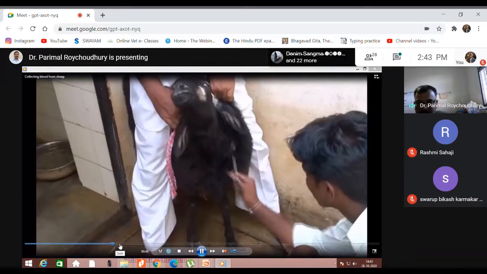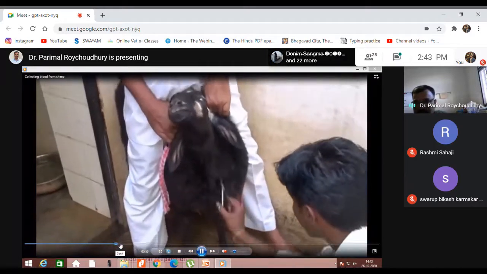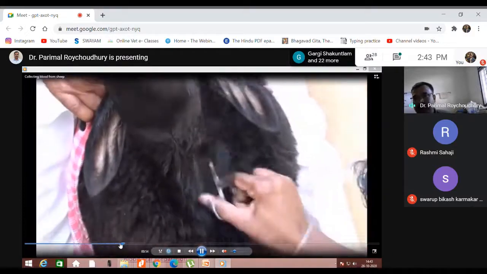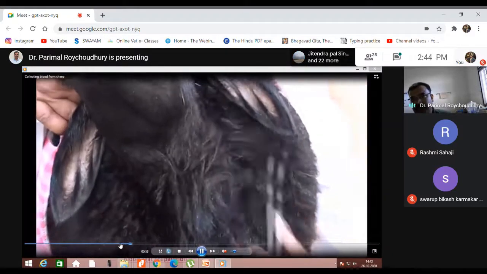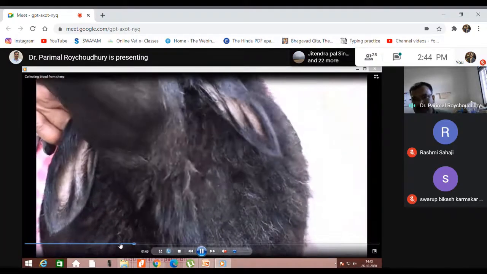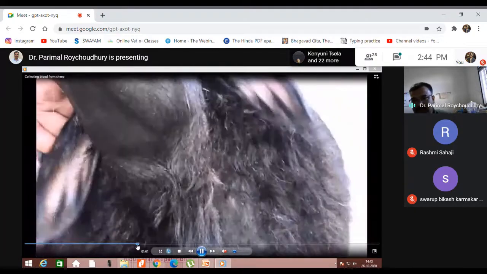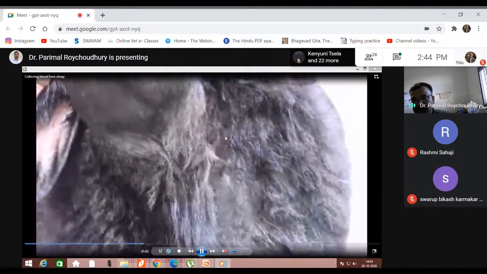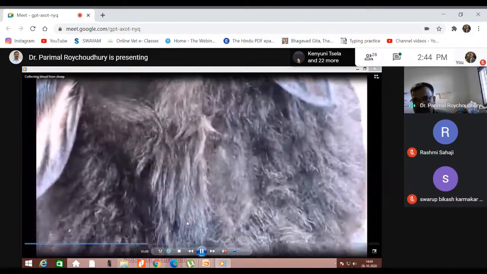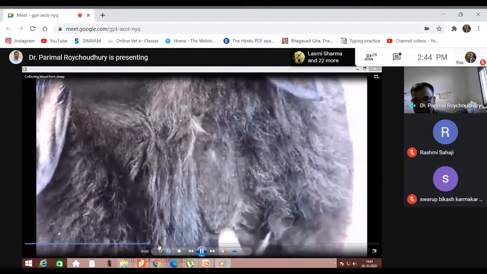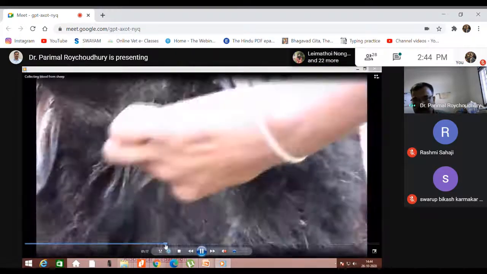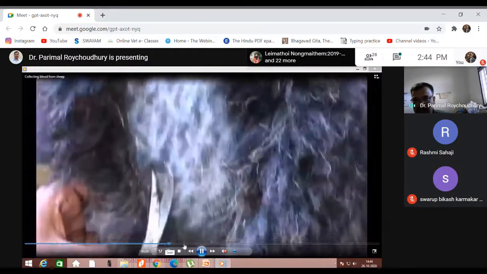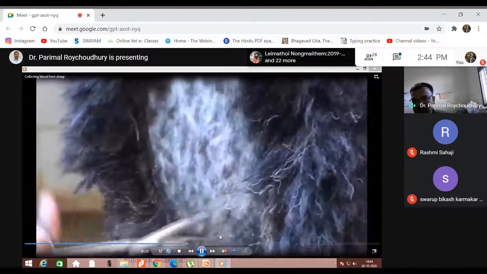So first, we have to clip the hair. Sheep are particularly preferred for collection of blood in the preparation of blood agar media, but blood can also be collected from ox. We call that ox blood agar. This area, the jugular vein area, we need to clean properly. For that, first we have to clip the hairs, and then we have to disinfect the area very properly so that